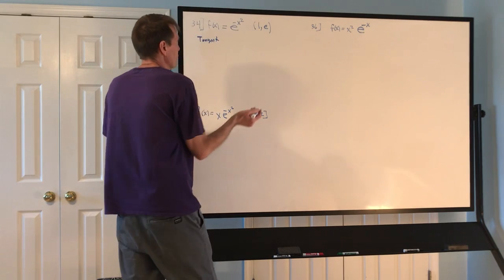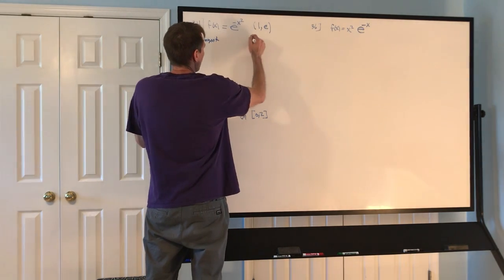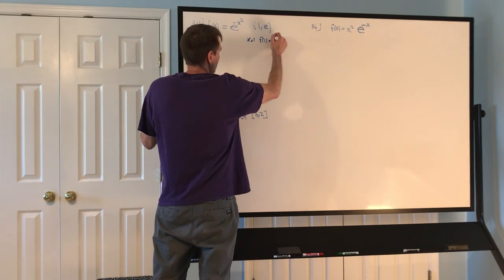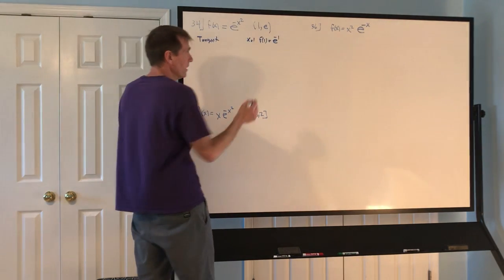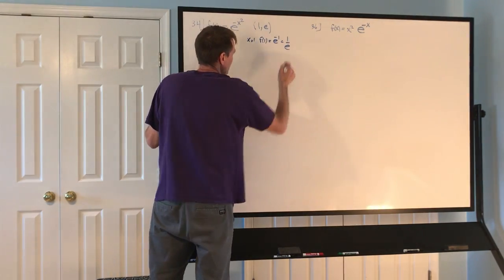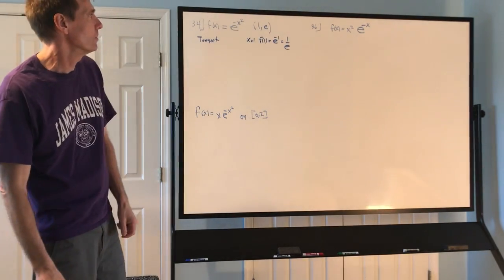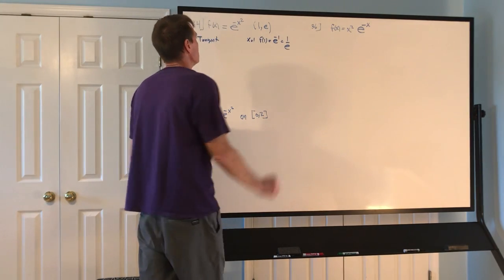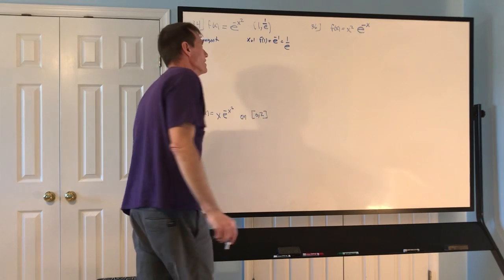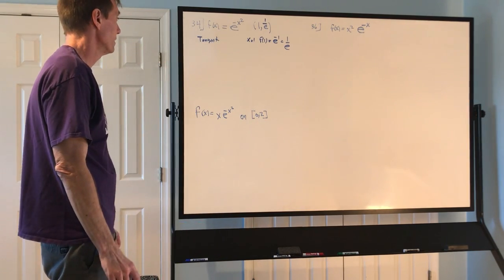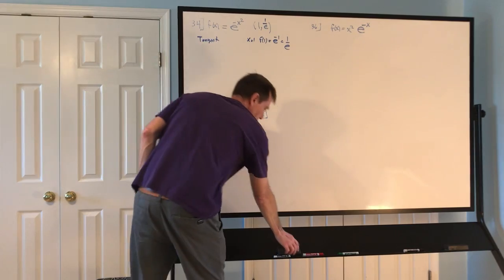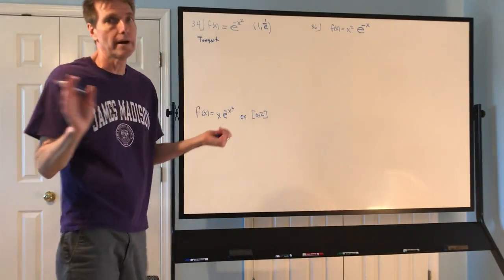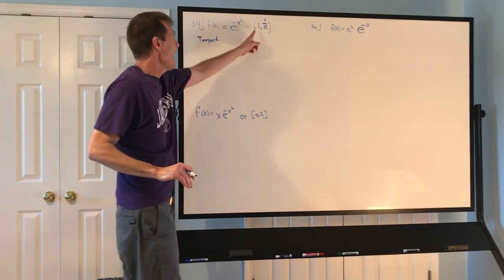Now let's just first of all make sure they've got this right. When x is 1, f of 1 is e to the minus 1 squared, but 1 times 1 is 1. And by that property we just had, e to the minus a is 1 over e to the a. So we get 1 over e. So we don't have it right. It's 1 over e. Okay, well that's good. I'm glad I checked it. Okay, so we're looking for the tangent line to the function f of x equals e to the minus x squared